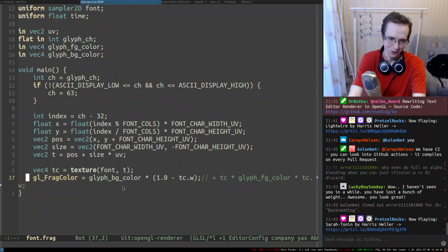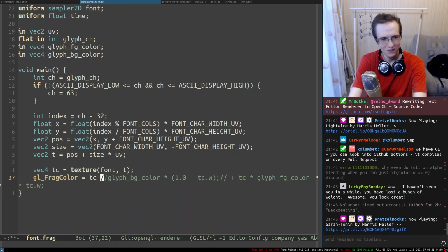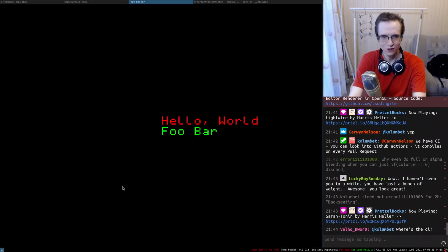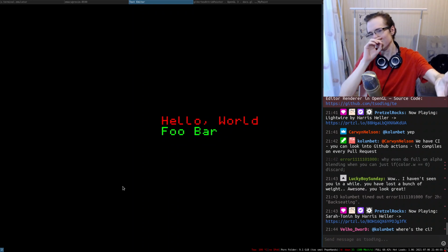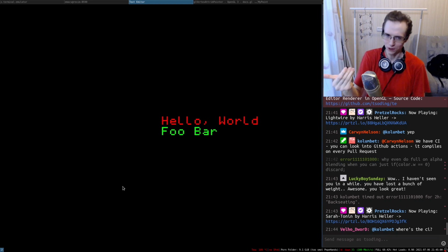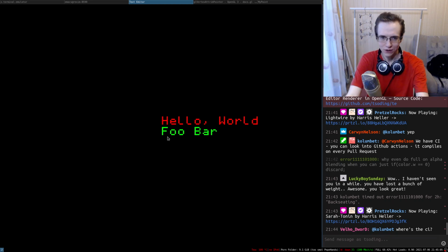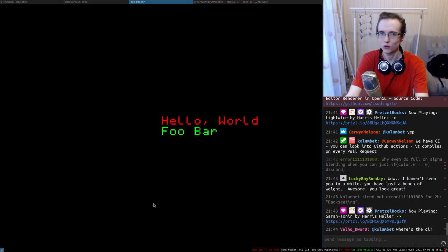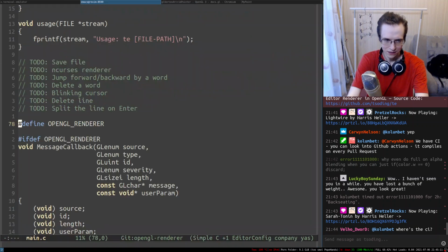Okay, let me show you something pretty cool. TC glyph FG, right? If you take a look at this thing, it looks like each glyph has a transparent color as a background. Here you have a green as a foreground, and transparent as a background, but this is not true, and I'm going to show you why.